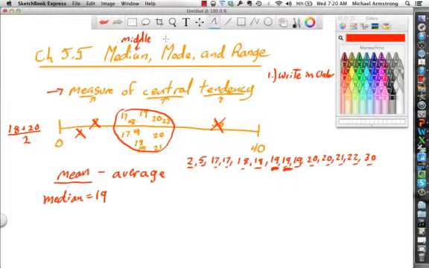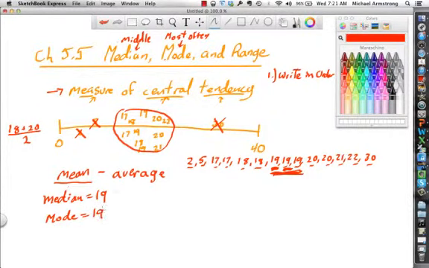The mode, now I just think this MO, and I think of mo, and then I add an ST. Most often is how we figure out the mode. It's what happens the most often. And I can see right away that the thing that happens the most often is the 19. Again, there's 3 of them. There's 2 18s, 2 17s, 2 20s. Only one of some of the other numbers, but there are 3 19s. So the mode